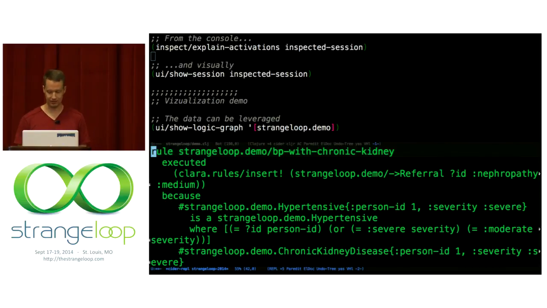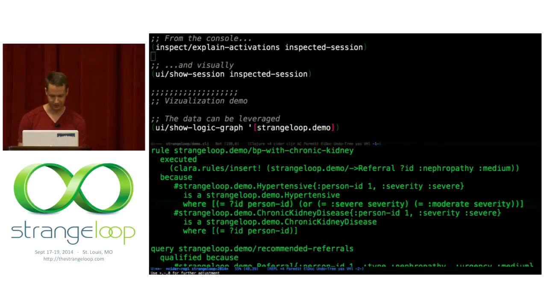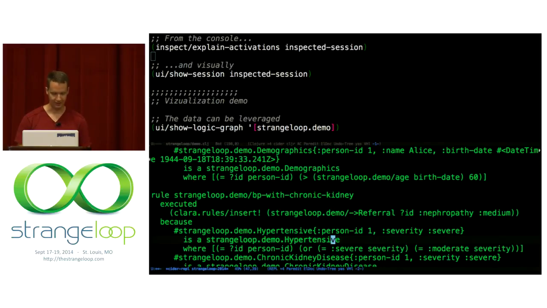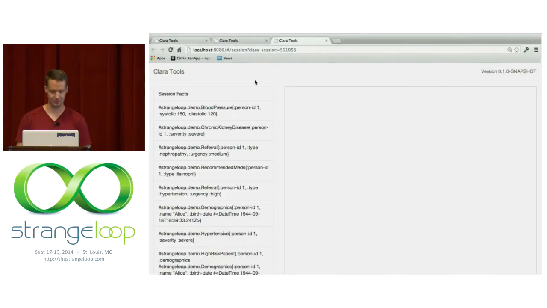We can actually print out explanations, and this is a little challenging here. I'll make it a little bit smaller, but you can see that here we have blood pressure with chronic kidney disease matched because this hypertension matched that type under this expression. And if you wanted to track down how we inferred this unit of information, we could trace that back as well. So I think this could be valuable, in that one of our challenges is explainability. When working with really complex systems, how do we explain to the end user? I'm going to show this, which is a bit more experimental, so don't read too much into it.